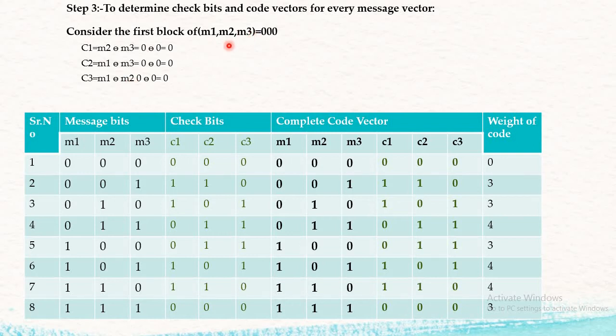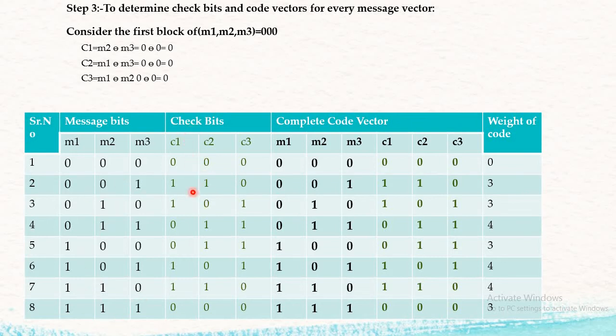Here we have just taken an example where my inputs m1, m2, m3 are 000. So what comes out to be my check bits? We just put in the values. m2 is 0, m3 is 0, 0 XOR 0 is 0, again 0 XOR 0 is 0, and 0 XOR 0 is 0. So that comes out to be the values of the check bits. So if my message bits are 000, my check bits are also 000, and this complete code vector is written as the first part message bits and the next part check bits. In this way we are writing a complete code word and we repeat these steps for all the rest of the values of the message bits.